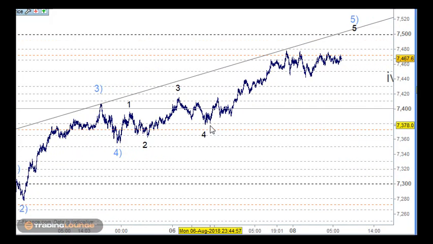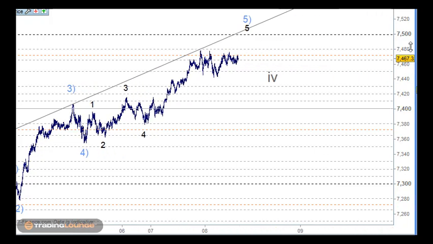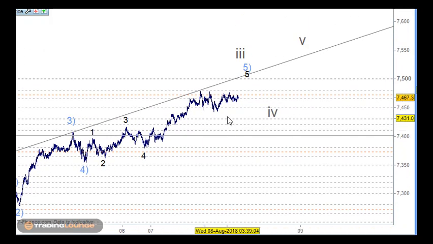It looks like we've got an extended 5th wave coming into here, but I wouldn't be surprised if we even go up further in terms of 1 and 2 and 1 and 2, and then counting this as a 3rd wave here. We're looking at this market wanting to extend higher, but this 7,500 will give us a really good setup here too, in case I'm wrong here, which is really great. So we're still looking for the fifth wave here of the third, then the fourth, and then the fifth